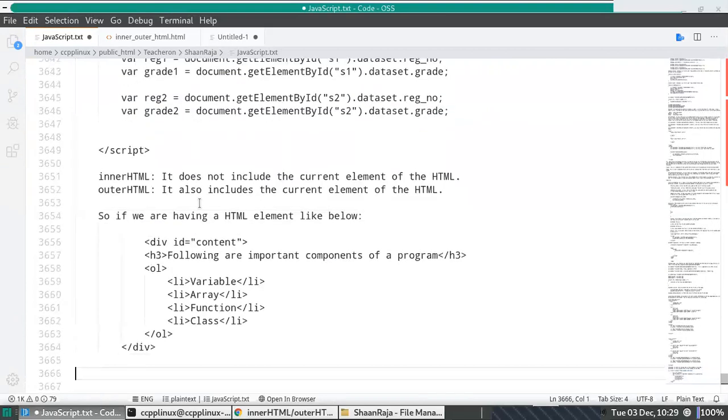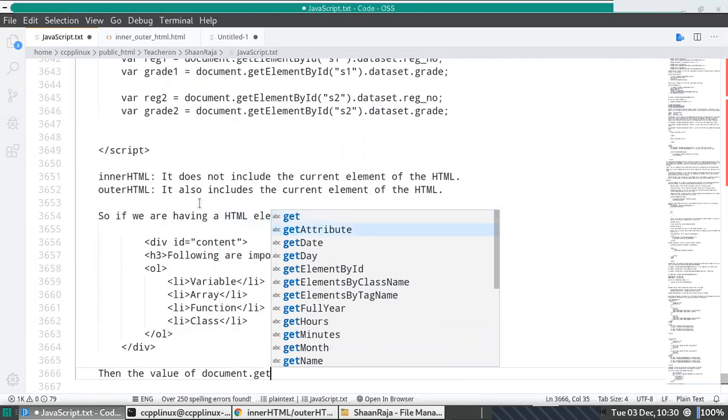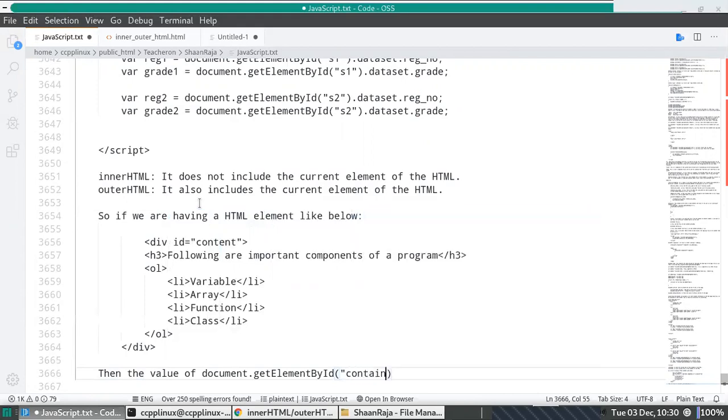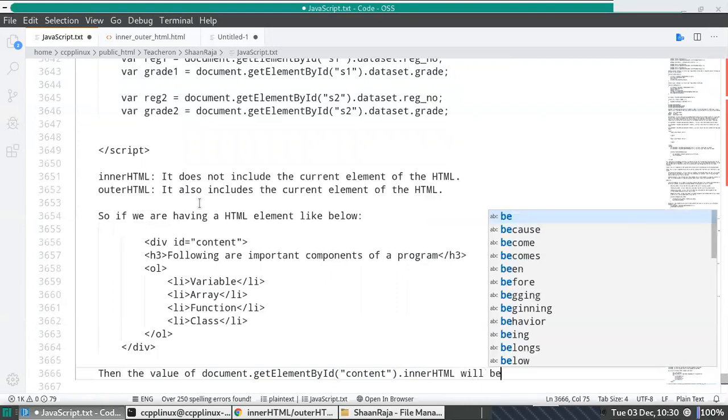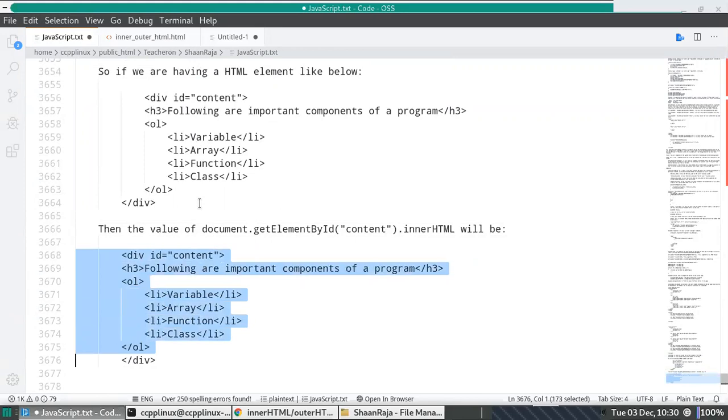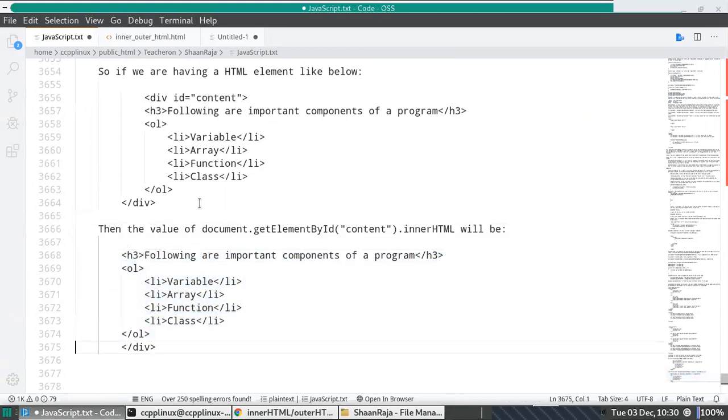okay, then the output of, we should say the value of document dot getElementById, where it is this one, okay, and then it is content dot innerHTML will be, let us first visit here, it will be without the div tag,